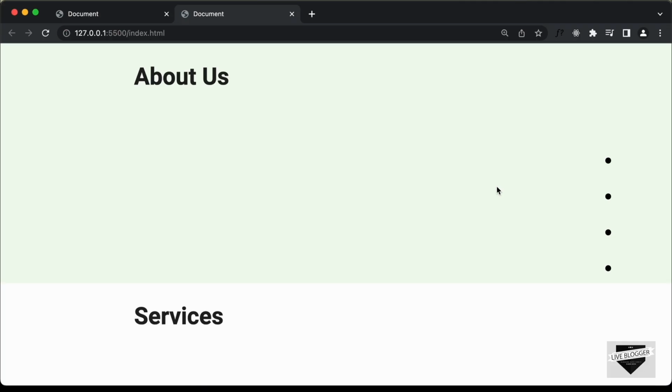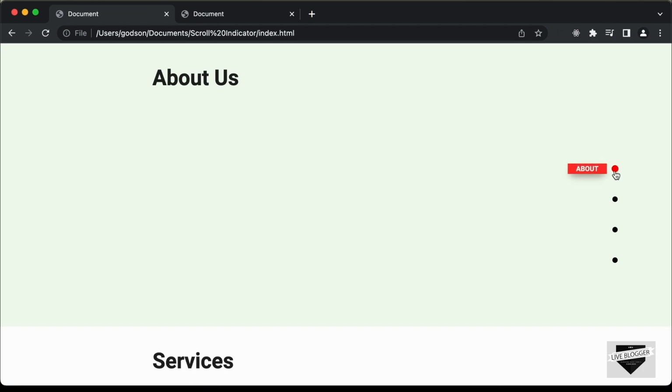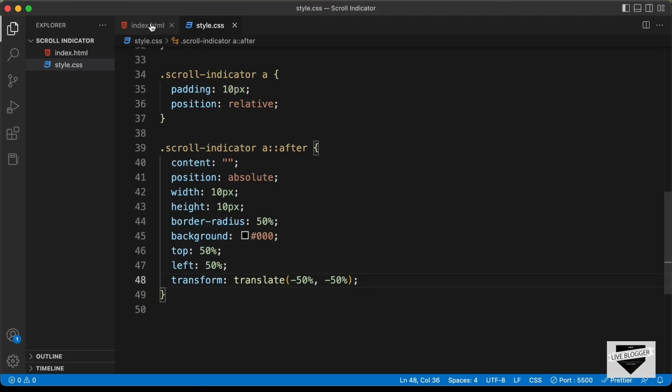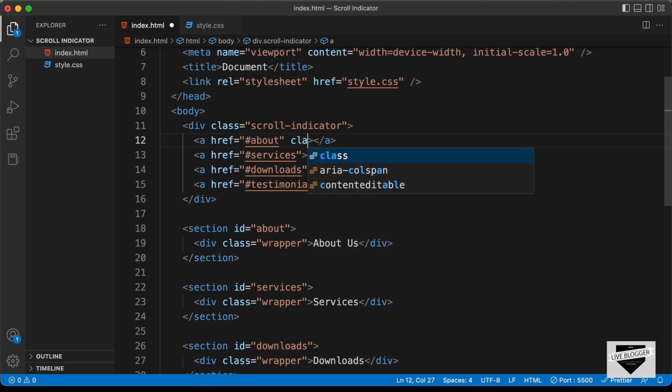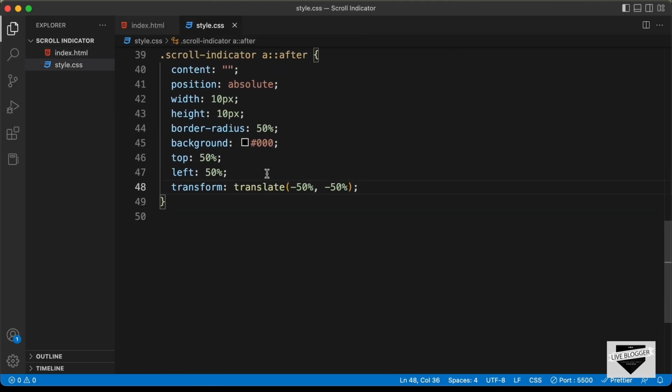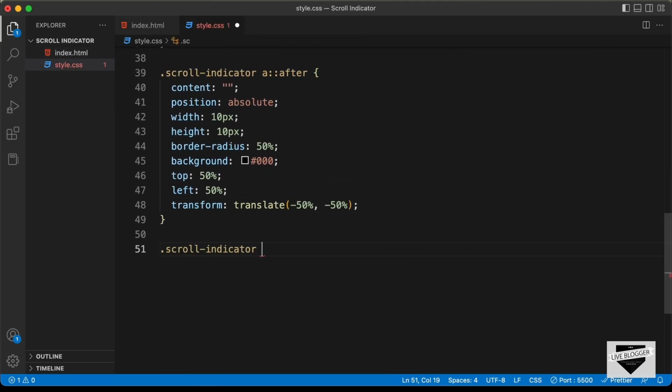Right now the next thing we need to do is we need to add an active class for one of these dots. So here we can see by default we have the first one active. So let's go back to our HTML, and for the first anchor tag, let's add a class of active. And let's go to our CSS file and let's add some styles. So here we need to type scroll indicator a.active :after,